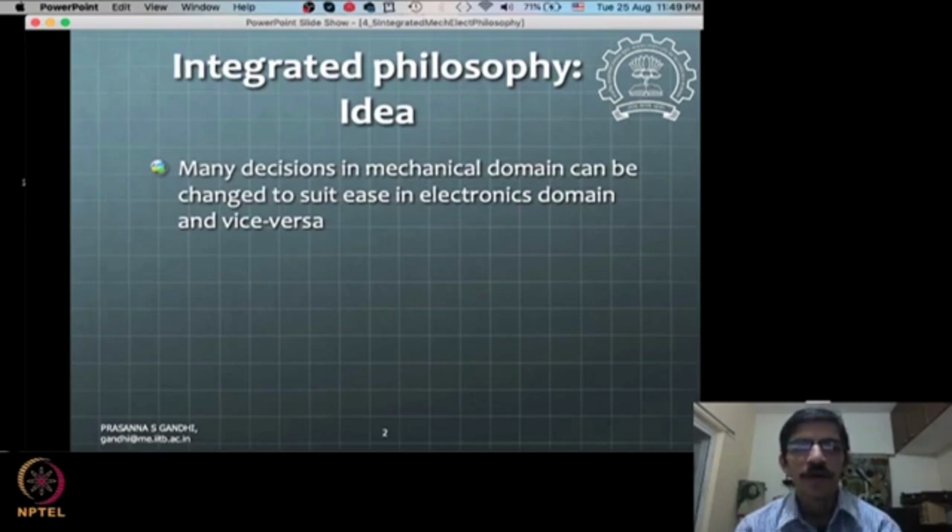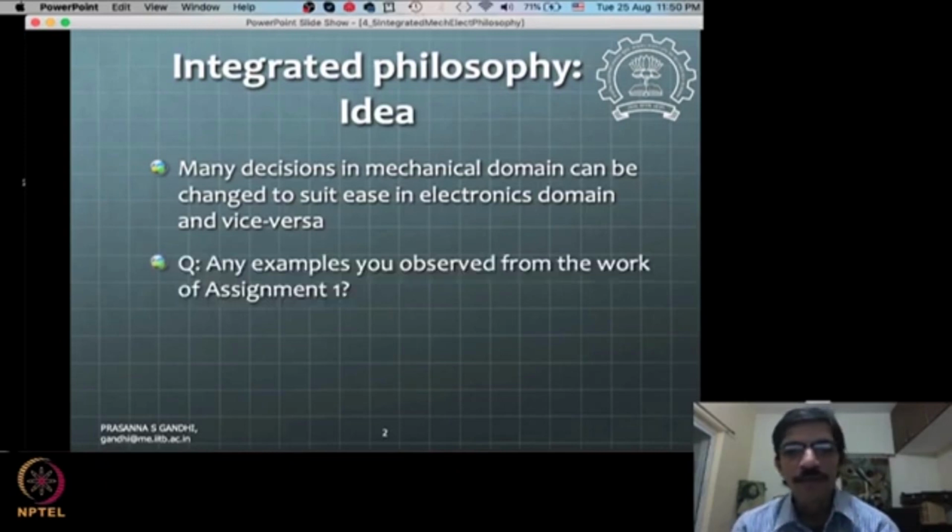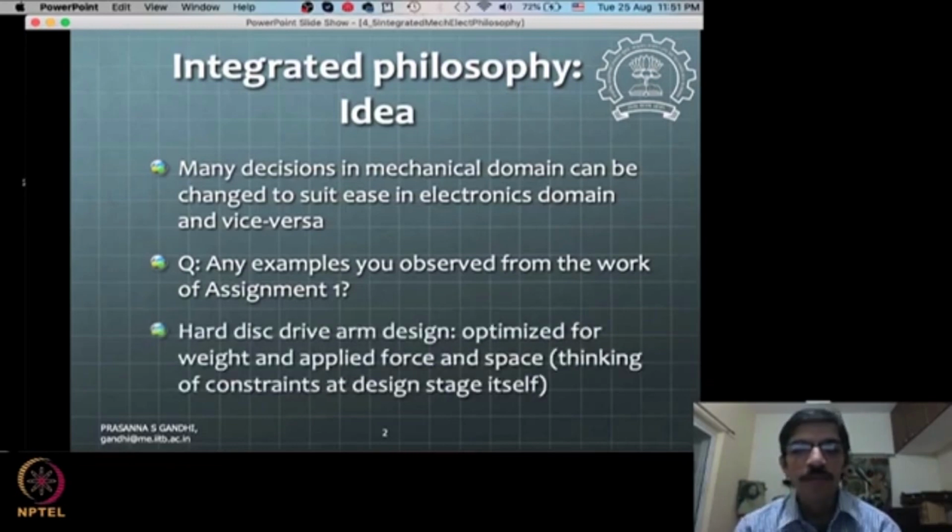Okay, so these are some of the examples of other directions which so far we have not looked at, and this has a great value in developing efficient systems which will work very nicely in conjunction with each other and deliver whatever application is demanded or desired. Then this arm has been designed to optimize for its weight, if you see carefully.